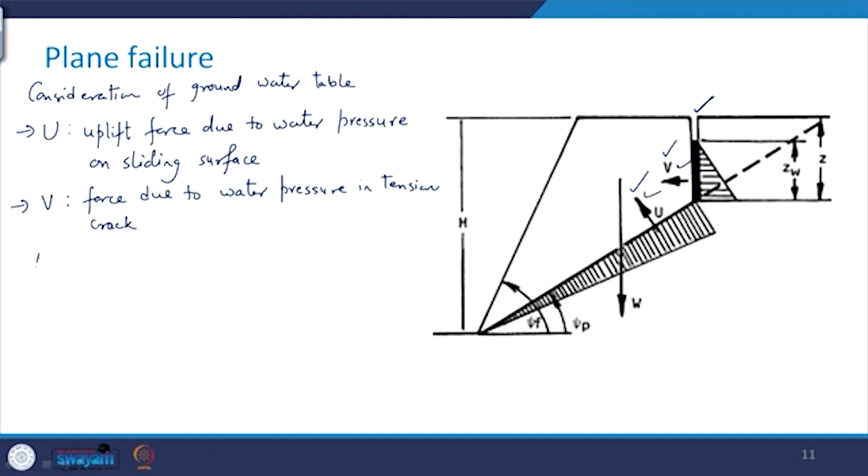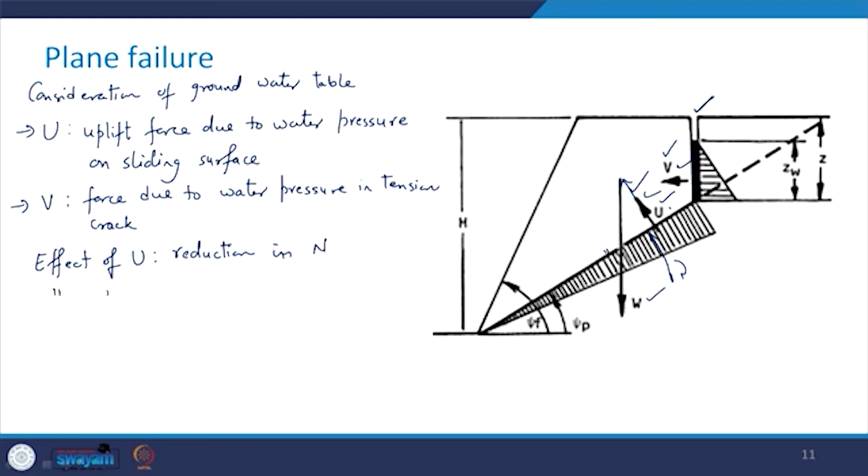So, what is going to be the effect of U? See, on this plane a normal force N was acting, which was some component of W earlier when the water table is not present. Now see, this U is acting in the other direction, but still it is perpendicular to this plane of discontinuity. So the effect of this U is that it will result in the reduction in N,